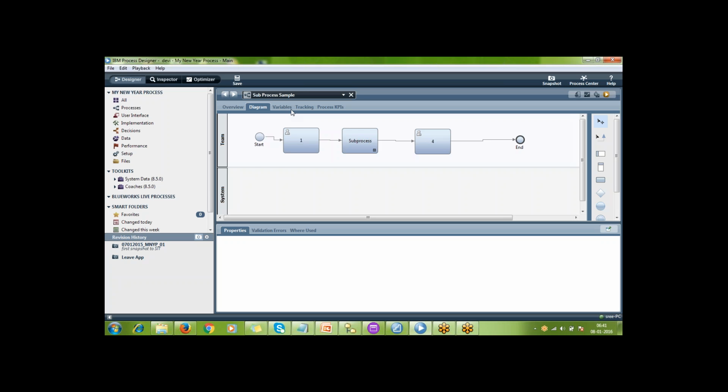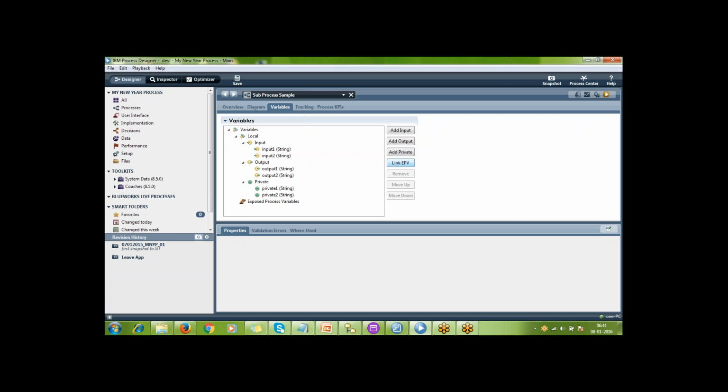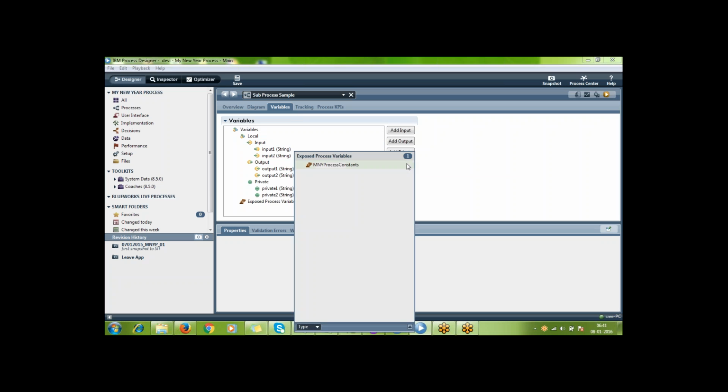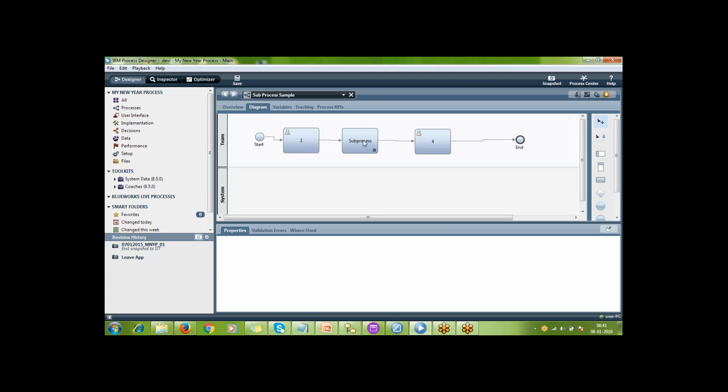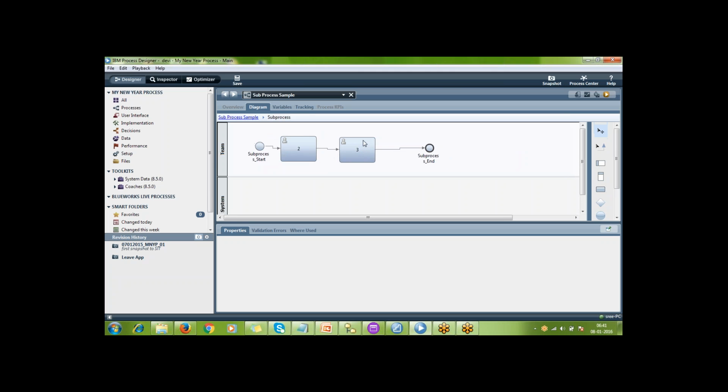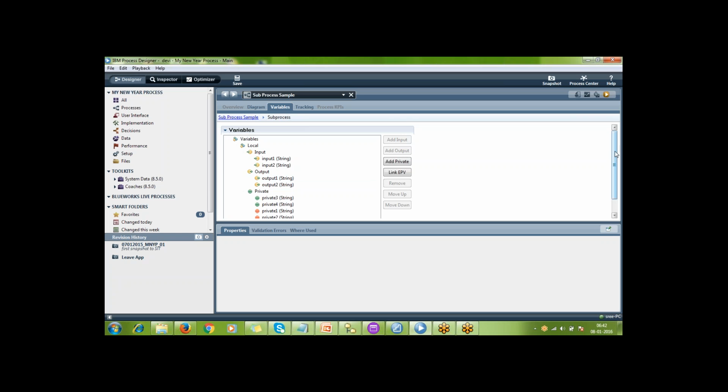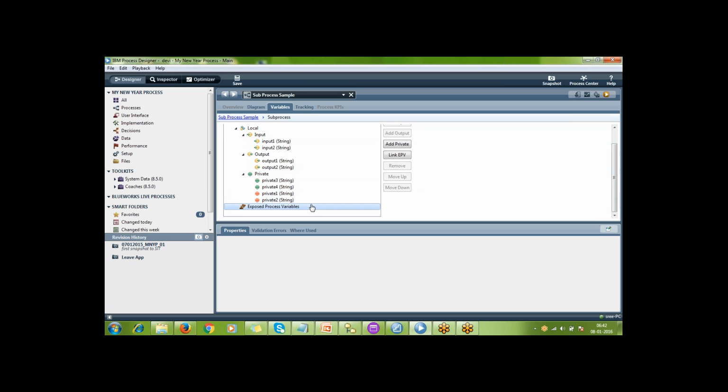One observation. Next observation: here I am linking an EPV in my parent process, and I am using the value of the EPV somewhere in my code. If I go to the child process and open the variable section, I can't see any EPVs.